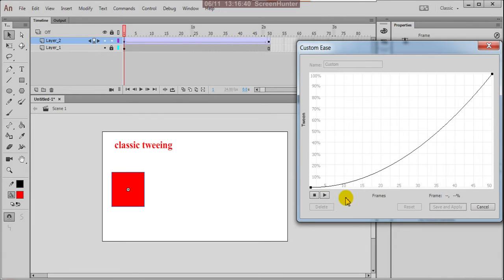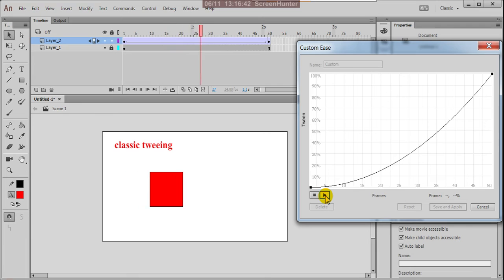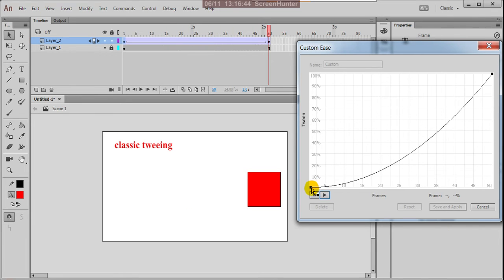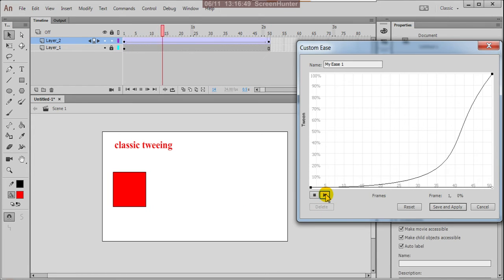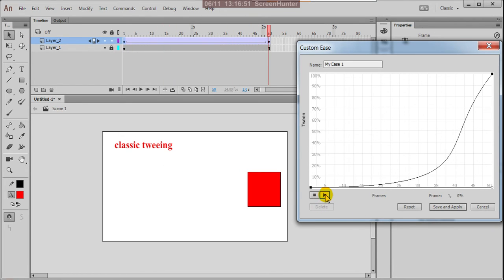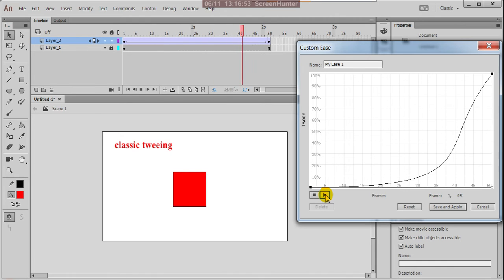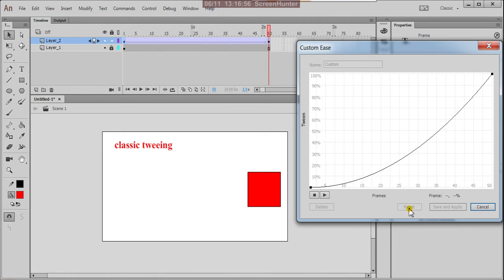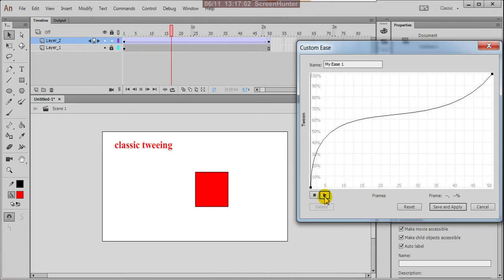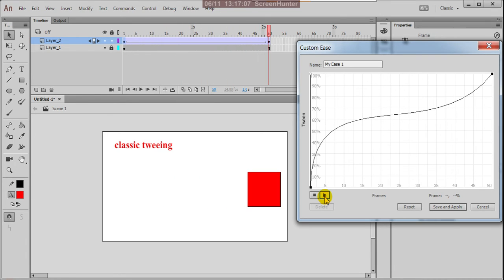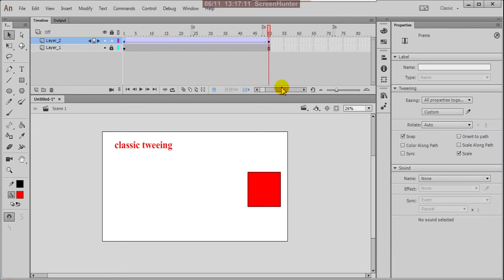Now see, there it is slower and here it is faster. And reset. Beautiful. It's coming faster and reaching slower. Okay, reset, cancel.